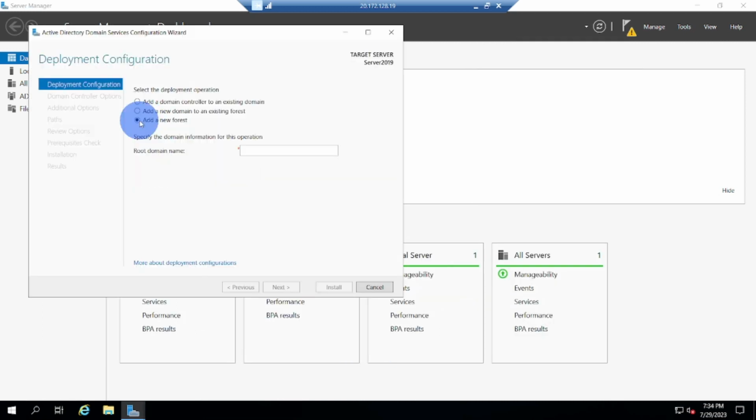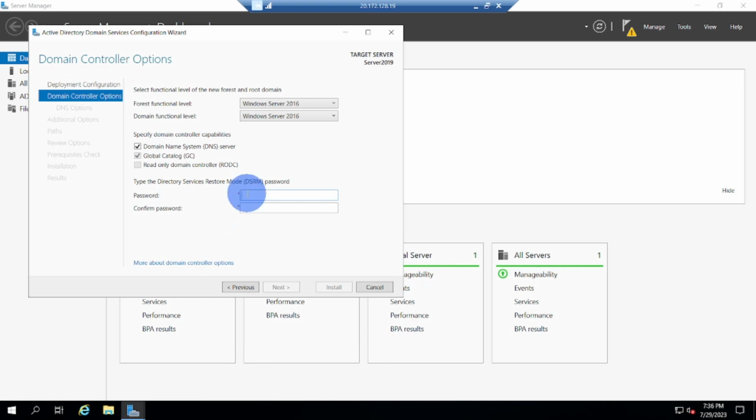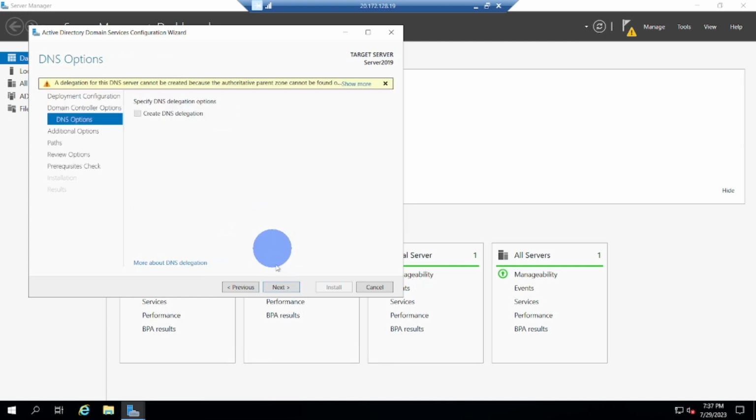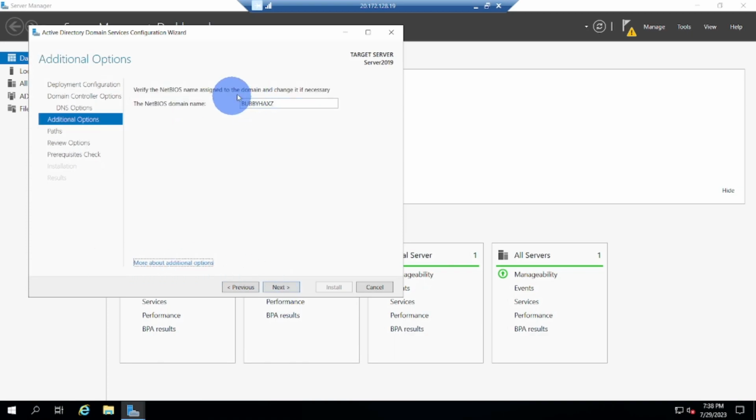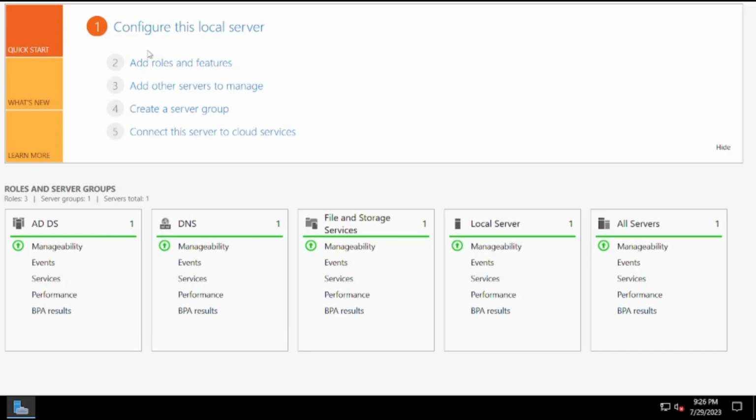We're going to click Add a New Forest. My root domain is going to be, we're going to click Next. On this page, we just need to fill out our password, and then we're going to click Next. And then here, we just want to click Next. It's going to auto. The next thing that we're going to do is we are going to configure certificate services